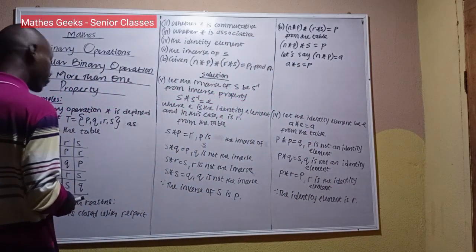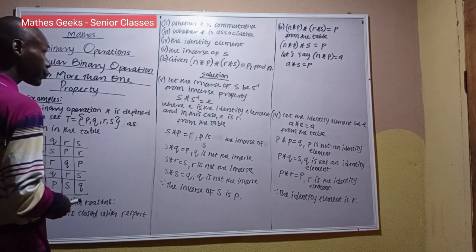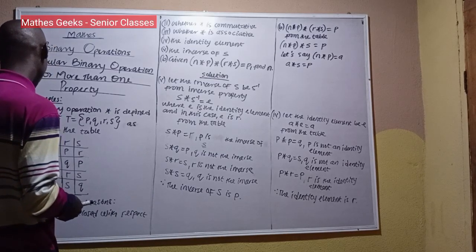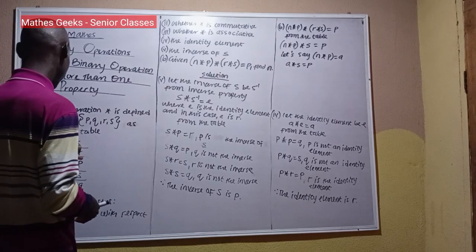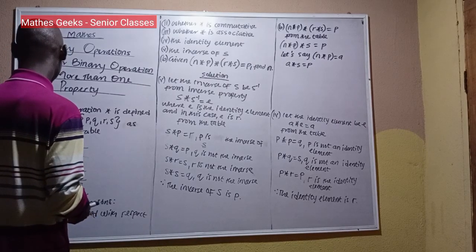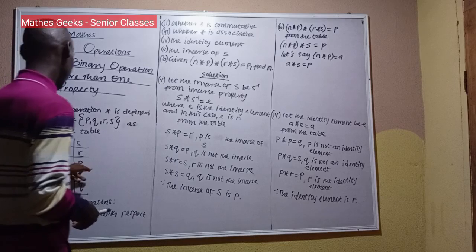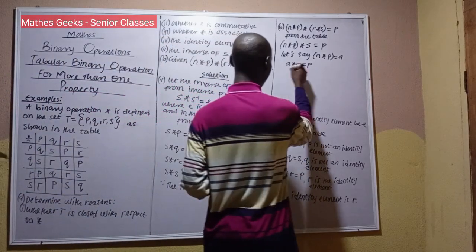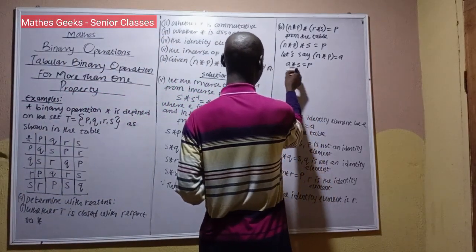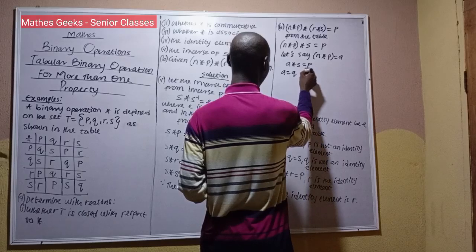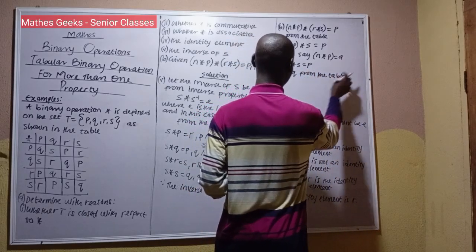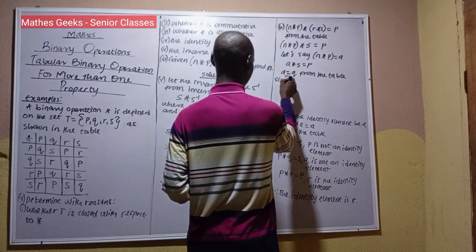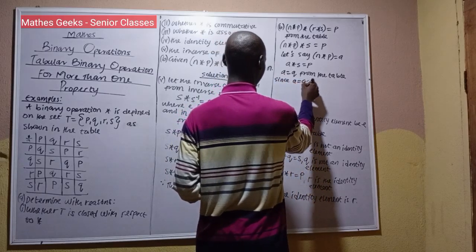If E operation S, let's come here. What here combines to S to give us P? Let's look at S and P. So that means Q operation S will give us P. So E from the table, E is equal to Q from the table. So what does this imply? Since A is equal to Q,